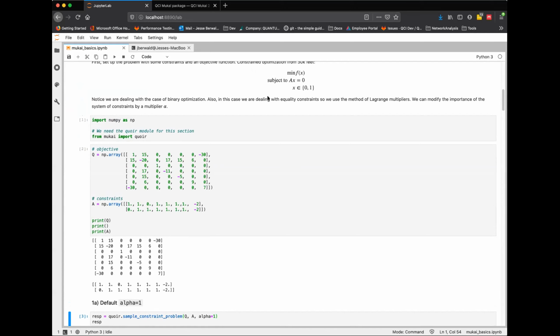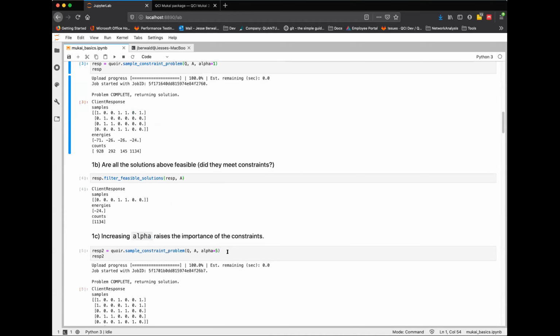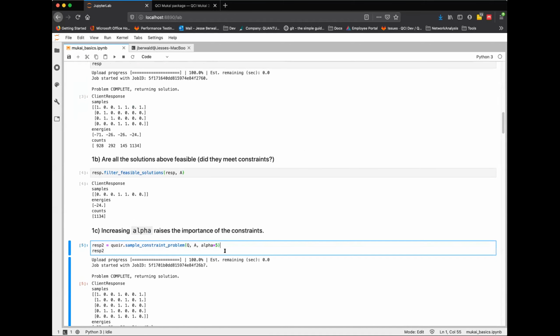There are many versions of this that we've seen from calculus and in various realms, but for all intents and purposes, our goal here, we can modify the importance of the constraints in the overall problem by modifying alpha, which is essentially a multiplier that we can stick in front of the A matrix. And what we're going to do here is just modify it a little bit. So we multiply it by 5, so it's 5 times more important.